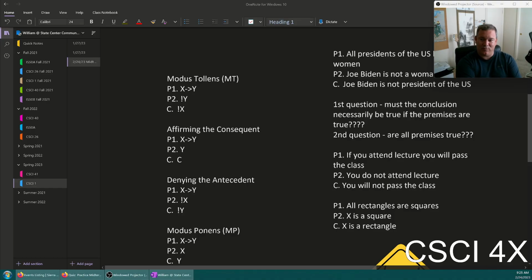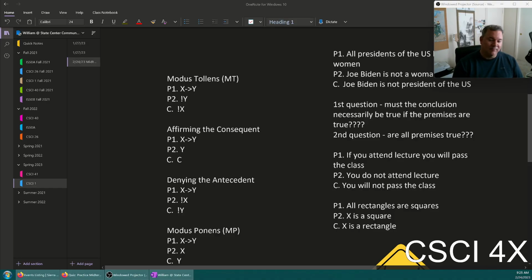And one of the best ways of figuring this out is by substituting in different words, right? All cats are mammals. X is a mammal, therefore X is a cat. No, not true. If you said if X is a cat, then X is a mammal, that would be true. But if all cats are mammals, and I say, hey, I've got a mammal in my room, you can't just say, well, it must be a cat. I mean, there's gibbons and lemurs and dolphins and stuff that are all mammals as well.